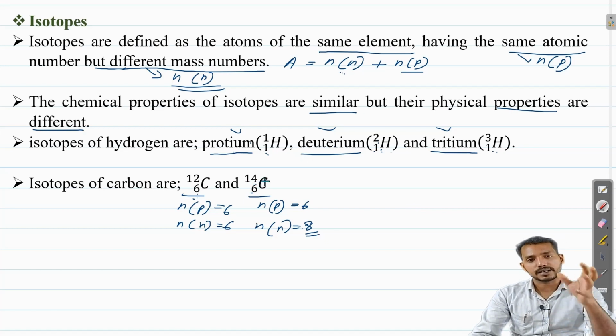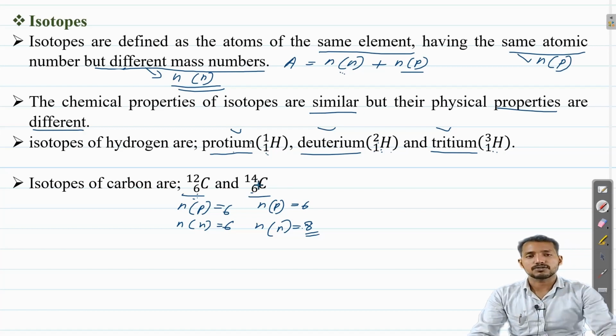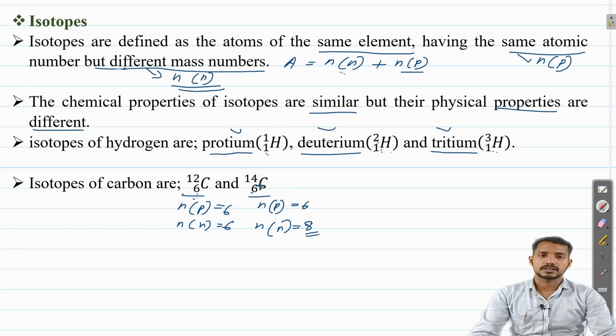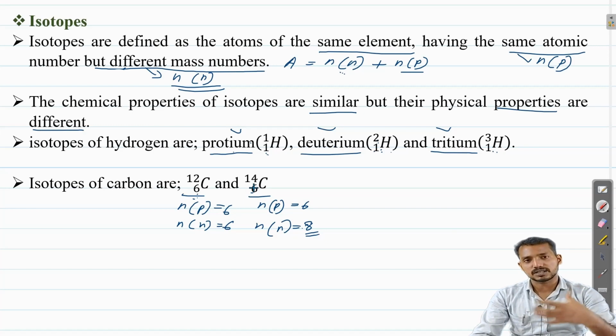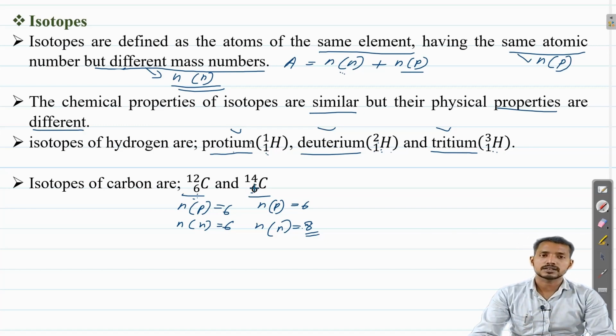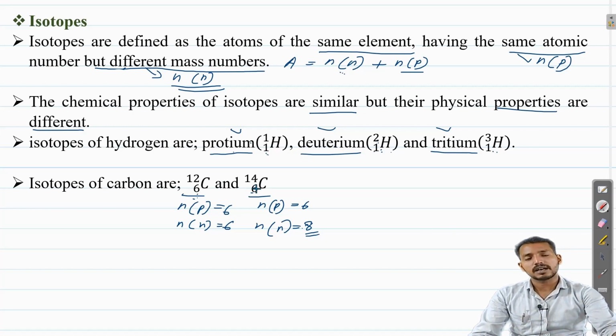Generally if you take a sample of carbon, some percentage of this carbon will be in the form of the C-14 isotope. And this is radioactive. The amount of C-14 present in the sample of carbon, especially in human bodies or organic bodies, is used to determine the age of fossils. That process is called carbon dating, which also you will learn in later classes. So this also plays an important role in the technological aspect.